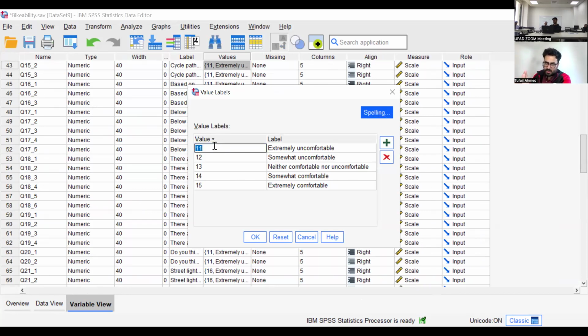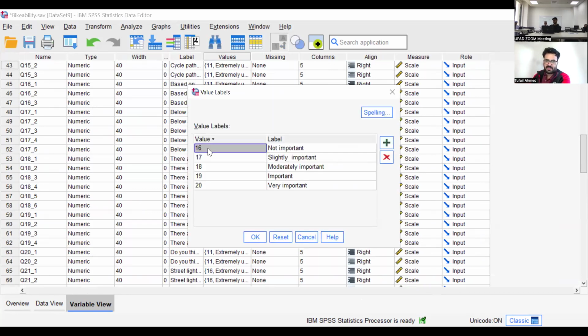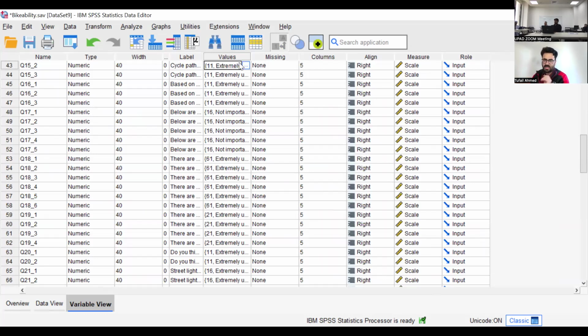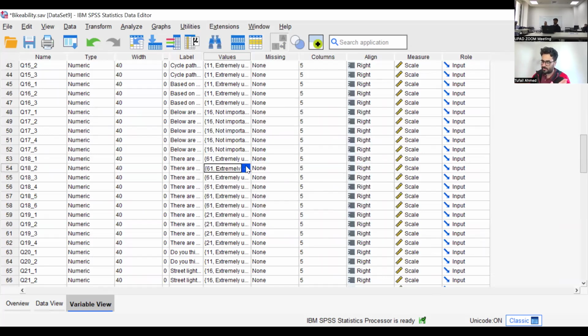But somehow there is a problem in the data, it says 11. And if you see this question, it says that 16 is for not important. Your SPSS data should always be consistent. You can use 11 to 15, no problem, but then every variable should be from 11 to 15.